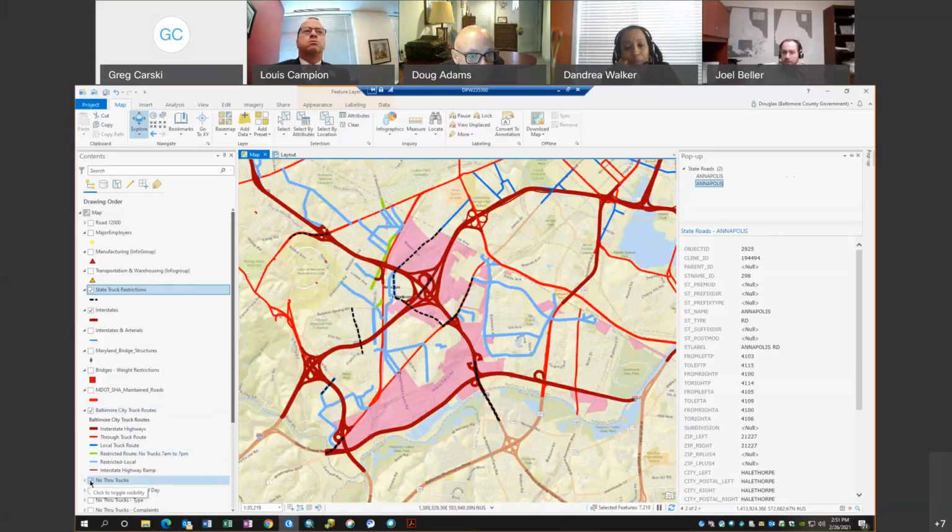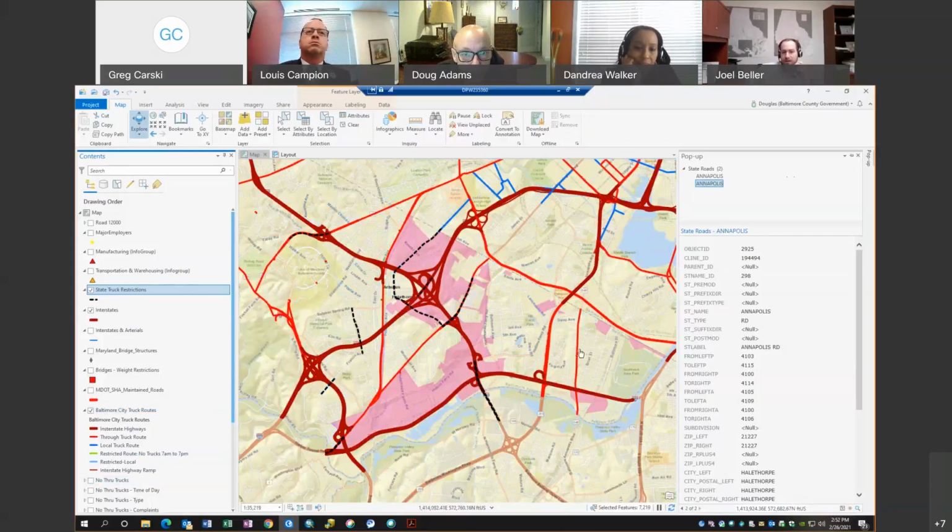So I guess the question is, the sort of ghost designation that we can give stuff here is to not name it anything at all. And I think we certainly wouldn't want to put that as a primary or a route for restrictions or anything, but is it best to do here what we said on Dundalk Avenue, take it away, or do we just not have the information on hand to do that? Well, again, it's a state route. We can't do anything with it anyway. And if the state hasn't restricted it, I say we just leave it there as is. Then I would come in and say, but where do you want me to go?